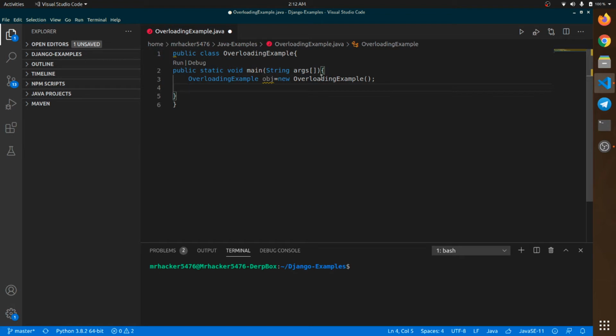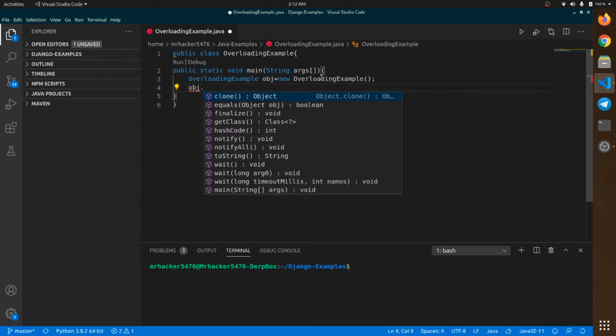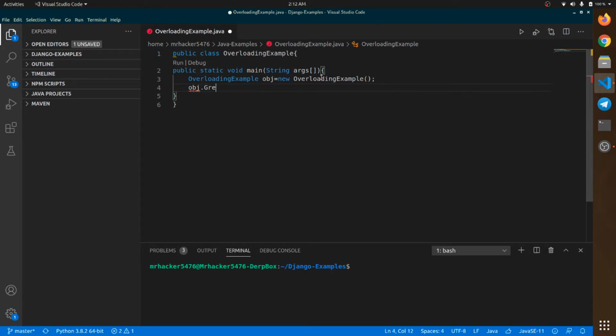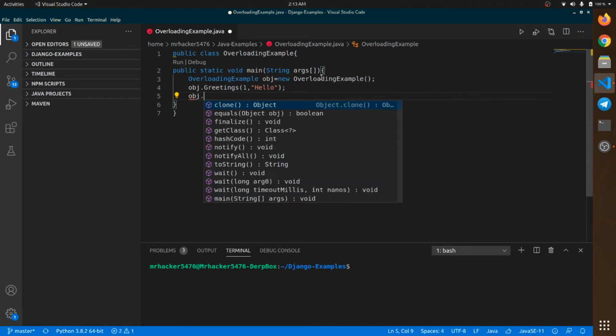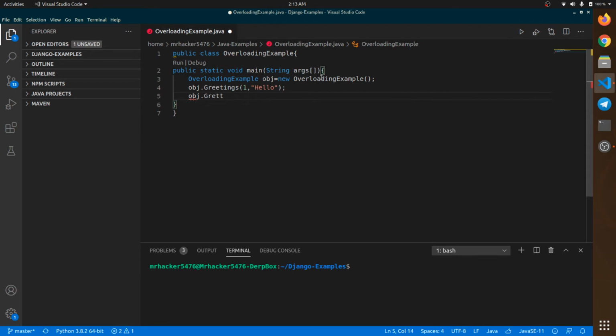So now let's say our method name is obj dot greetings. It will have some integer, let's say 1, and some string, hello. And after that we'll be having another method greetings, which will also have two parameters.